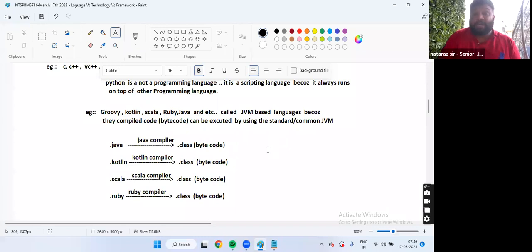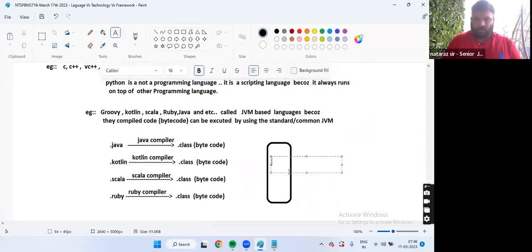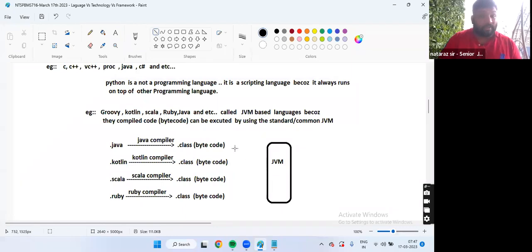Okay, but we don't need a different runtime environment, guys. Whatever regular JVM we are using for Java, the same JVM can be used to execute all these .class files. Understanding my statement? Compilers are different, programming syntaxes are different, but they generate a common .class file, which is bytecode and which can be executed by using the regular or standard JVM which we use in the Java environment.